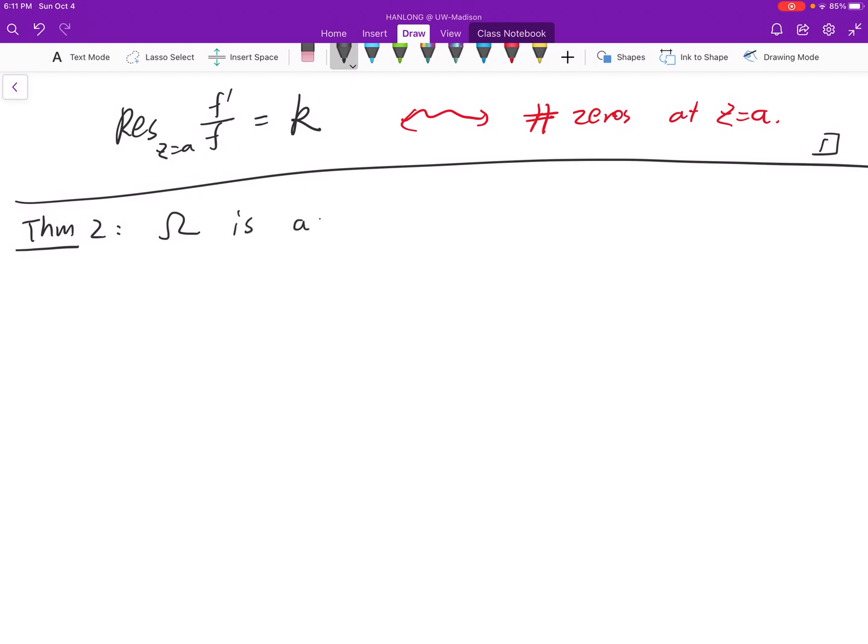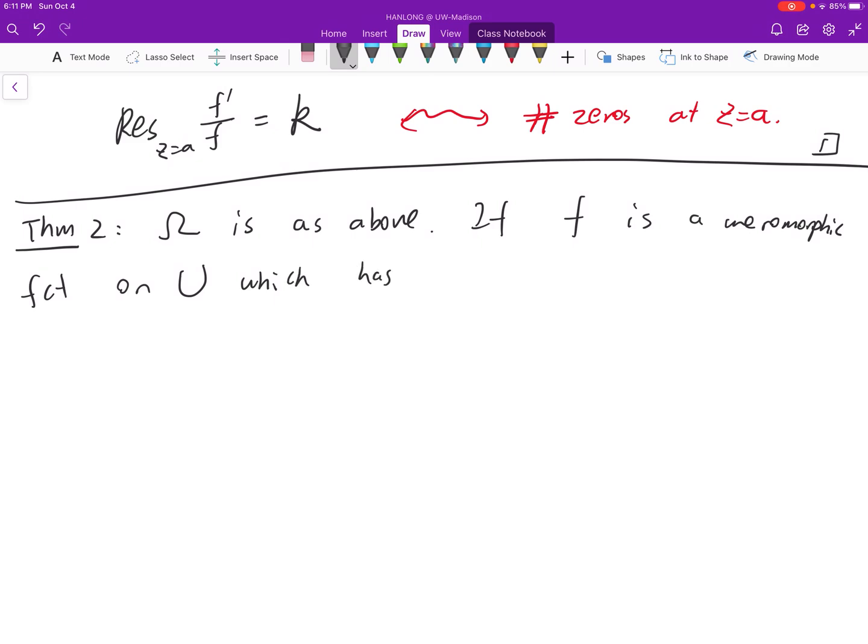So omega is as above, if f is a meromorphic function on U which has no zeros and no pole on the boundary,